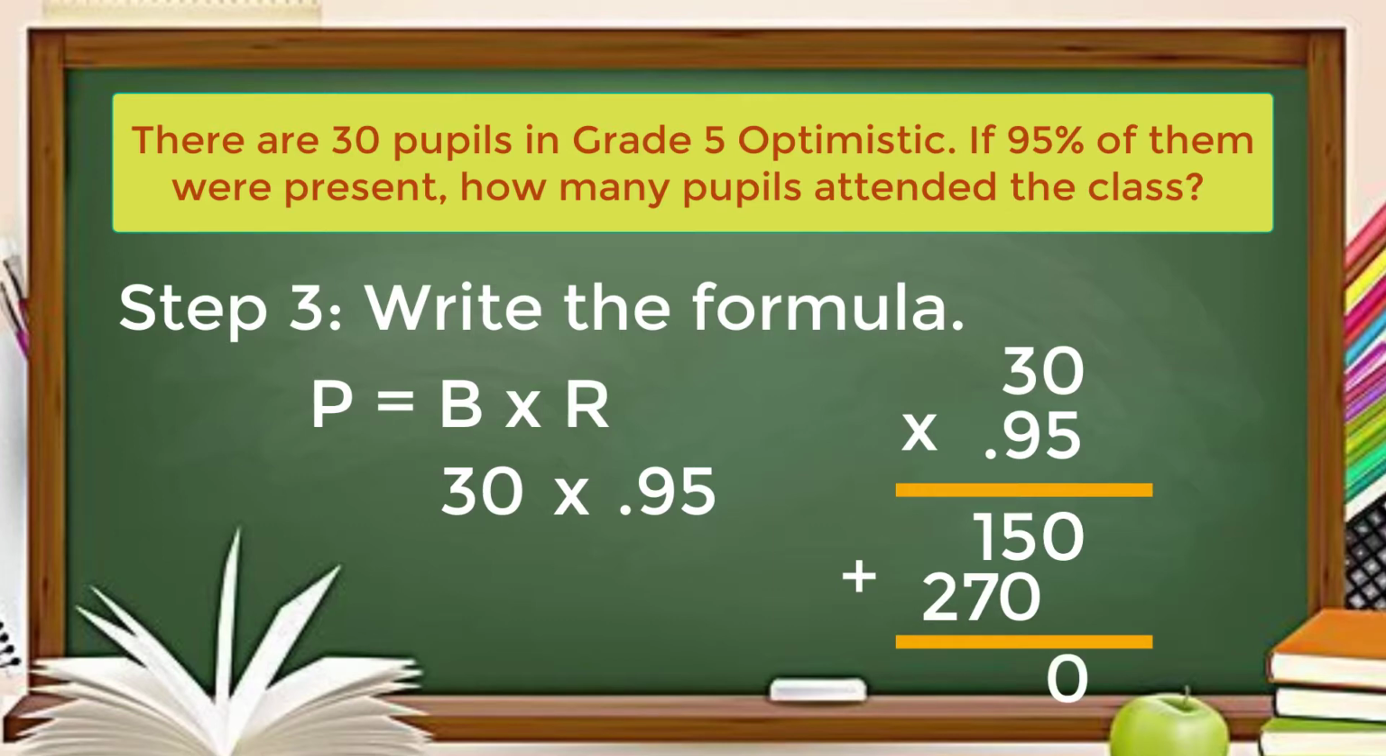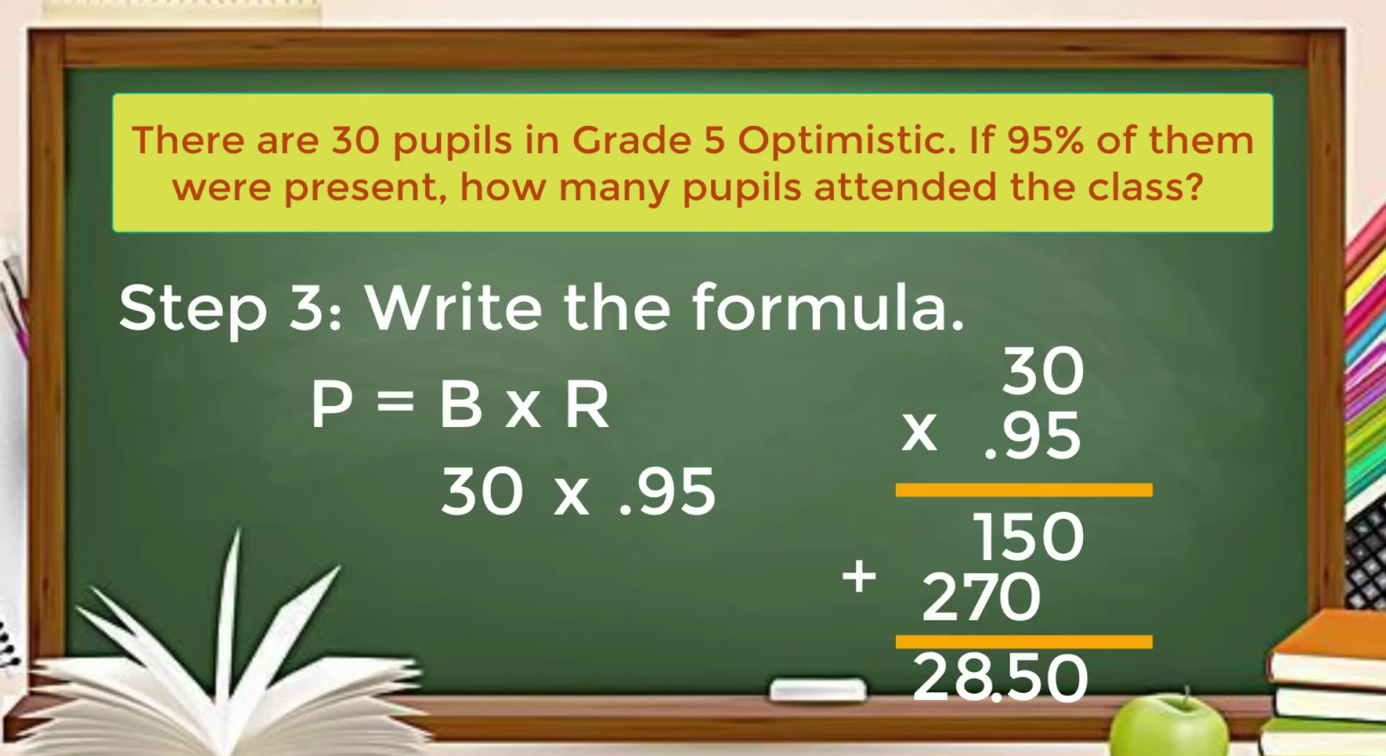Bring down 0. 5 plus 0 is 5. 1 plus 7 is 8. Then bring down 2. Write a decimal point after the last digit. Move the decimal point twice to the left. 1, 2. We have